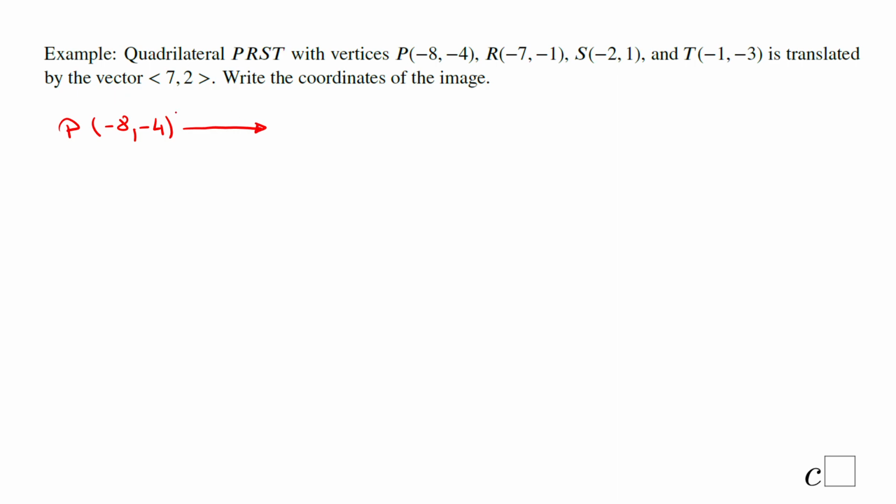So I'm going to write that vector. I think this is the easiest way to go. Okay, 7 and 2. So that will give us P prime, which will be -8 plus 7 and -4 plus 2,